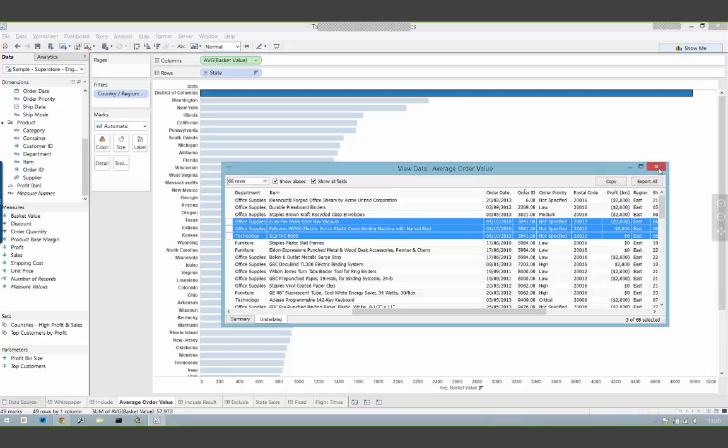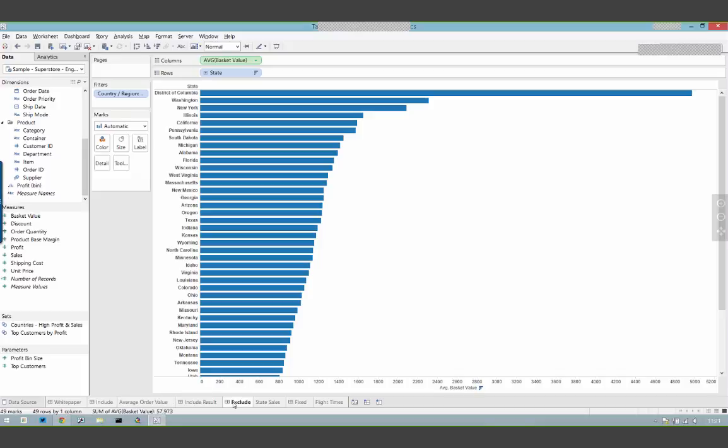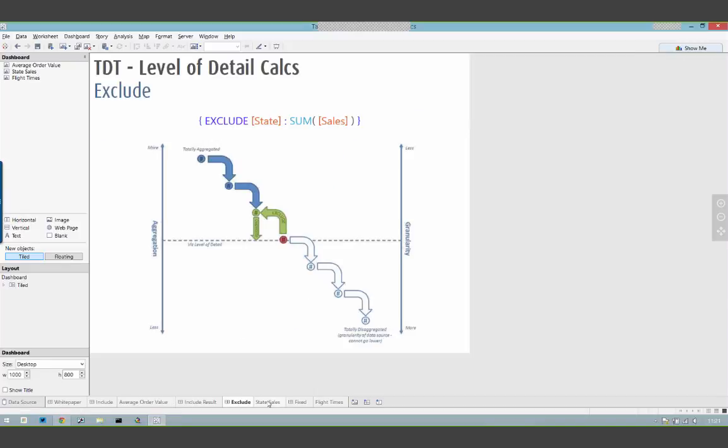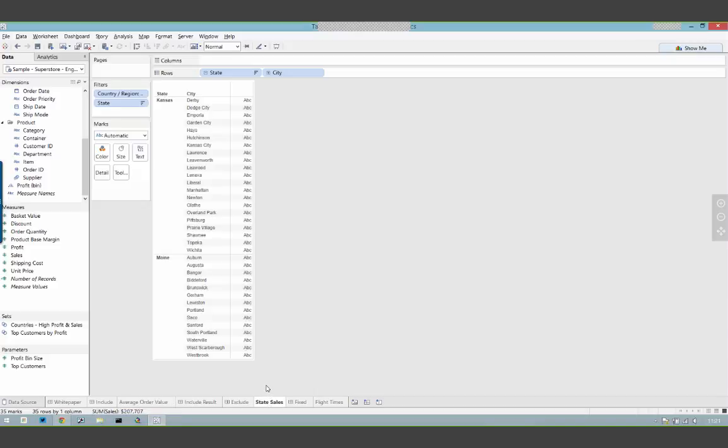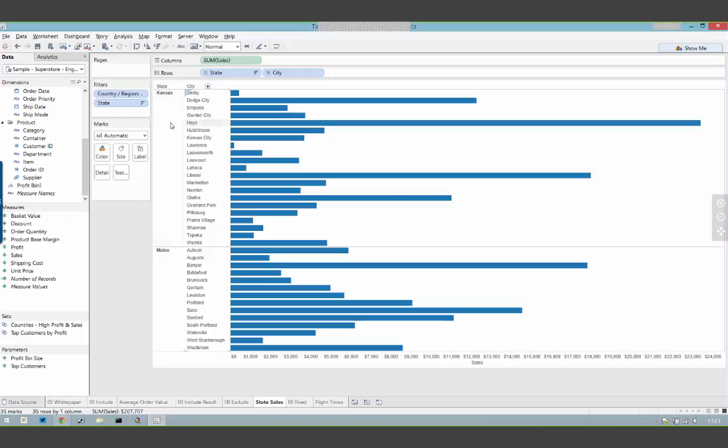Okay, cool, thanks. So let's go back to the exclude and look at an example of where you might use this one. One of the best ways to think about it is, I have a sum of sales value for each city and state, and what I want to do is calculate the difference between the average sales value for the state and the city, to see how far off the state average each city is.